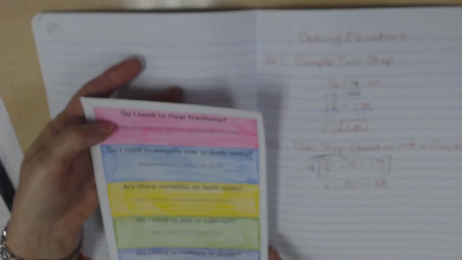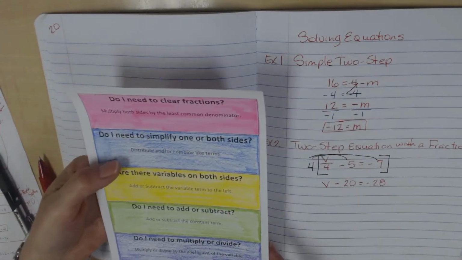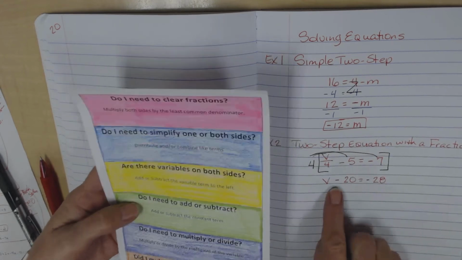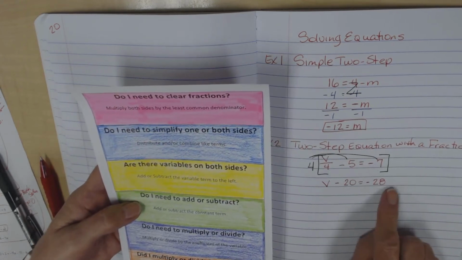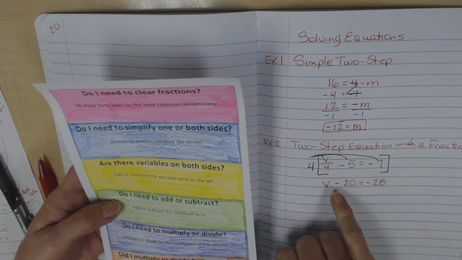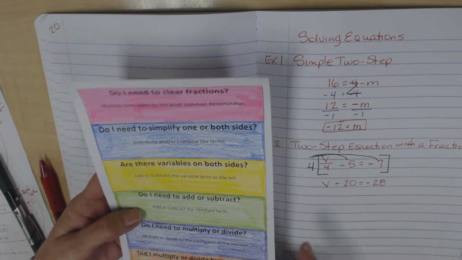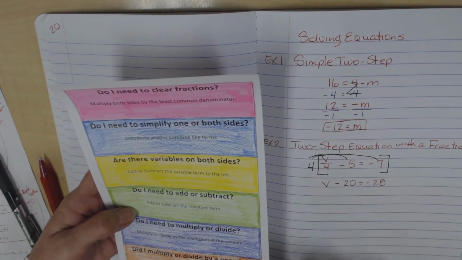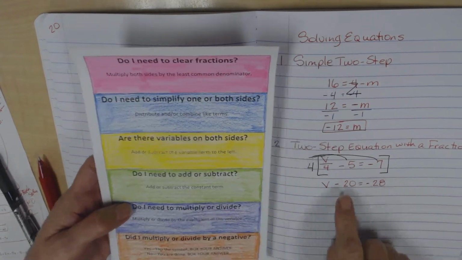So here we have cleared our fractions. After we've cleared our fractions, we need to see if we need to take either side and simplify it, and neither side can be simplified because these are not like terms. The variable is already only on one side, so now I can either add or subtract to get rid of